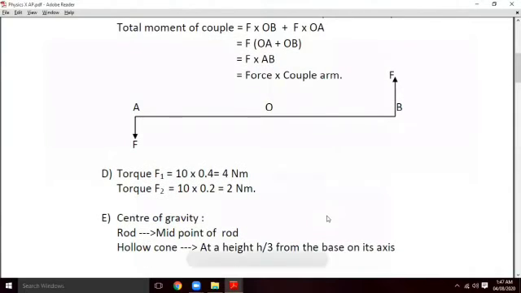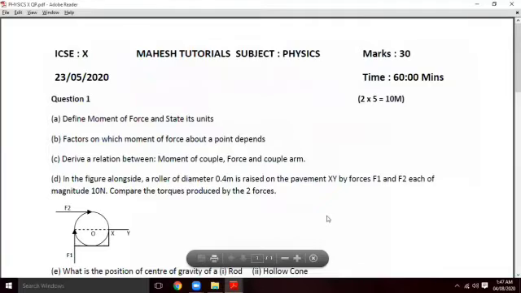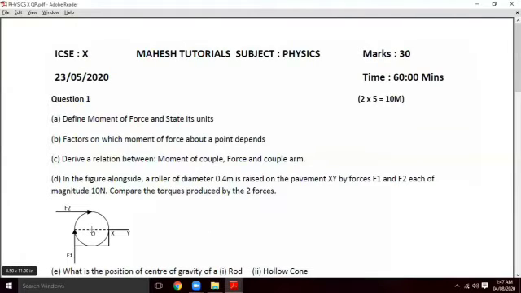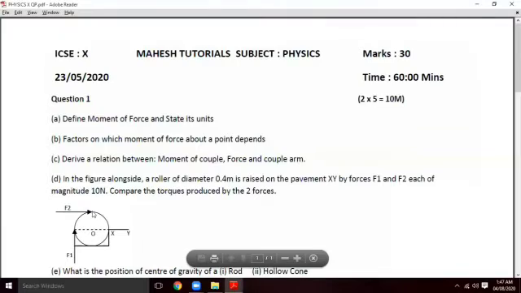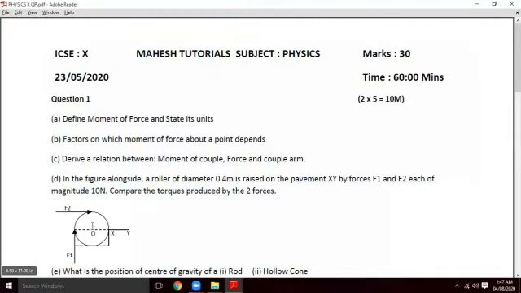Coming to the fourth question here, the fourth question simply is a simple numerical, which has given us the question of comparison of torques by the two forces. So to calculate the torque, I'm sure we are all aware, we will have to find the force and the perpendicular distance from the point of application of force to the axis of rotation. Now, interestingly, in this sum, F2 is the force, then point O becomes your axis of rotation, which simply tells me that F2 into 0.2, which is half of the diameter,